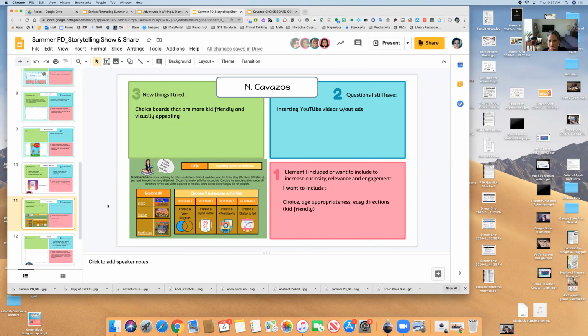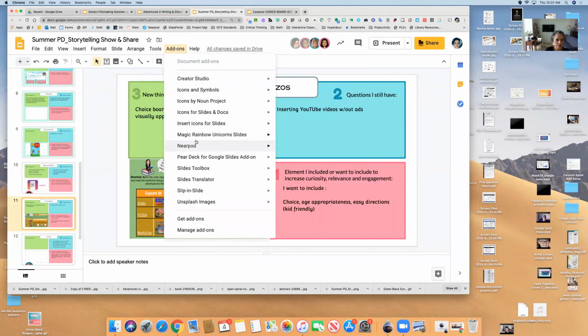So I know if you're using Pear Deck, you can get the ads taken out. So if you decide to make your entire lesson with the Pear Deck add-on, you can do that. In Pear Deck and in Smart Suite, it does take out the ads. But like today, when I wanted them to see the video on fiction versus nonfiction,